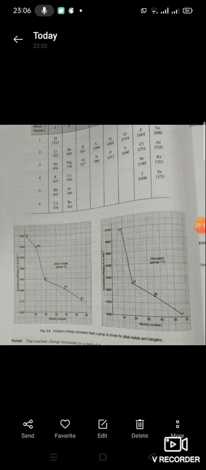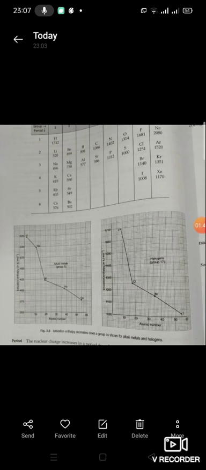How does it differ in a period? The nuclear charge increases in a period from left to right, but as the incoming electrons enter the same shell, which is the valency shell, they shield the valency electrons from the increased nuclear charge only to a small extent. Hence, the increased nuclear pull is not properly offset by shielding, which leads to an increase in ionization enthalpy with increasing atomic number.